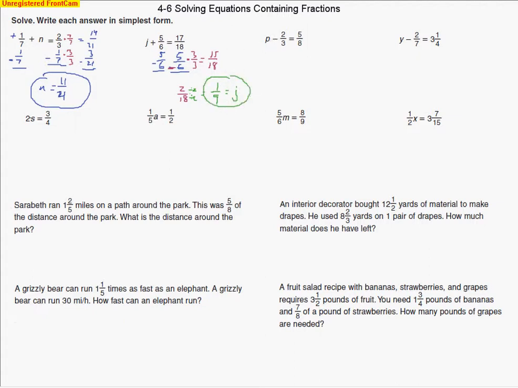Well, this one's a little different because instead of adding a fraction, I'm subtracting a fraction from the unknown. So we do the opposite operation. This time I'm going to add 2/3 to both sides. When I do that, I've got to come up with that common denominator. This time I've got to multiply both fractions by a number because the denominators don't have any common factors. So I'm left here with 15/24, and then I also have 16/24. And notice I'm adding this time, because I had to do the opposite operation, and I end up with an improper fraction of